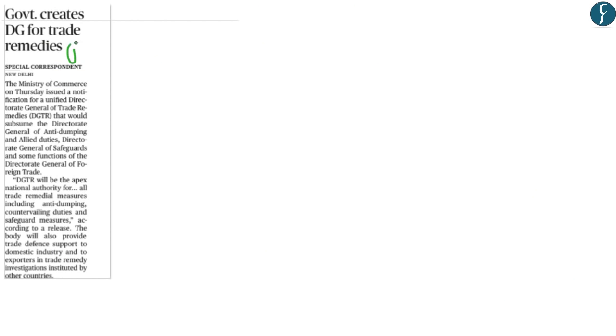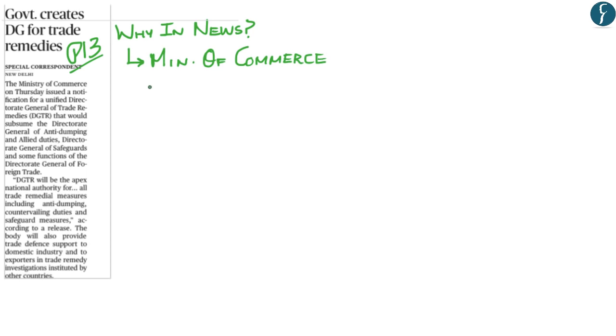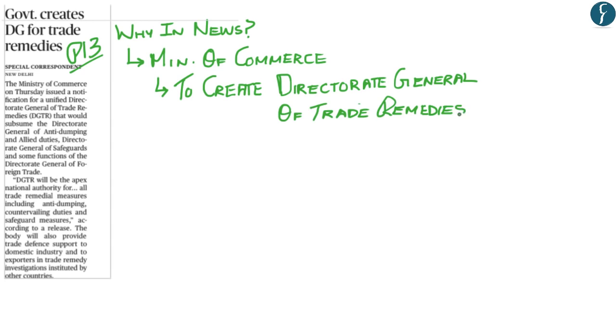Now I've taken this article from page 13. Now the reason this article is in the news is that the Ministry of Commerce has formally issued a notification for the creation of a Director-General of Trade Remedies, wherein this Director-General of Trade Remedies would be an apex body and would subsume the Director-General of Anti-Dumping and Allied Duties, the Director-General of Safeguards, and some functions of the Director-General of Foreign Trade, wherein they have been merged into a single body called the Director-General of Trade Remedies, and it